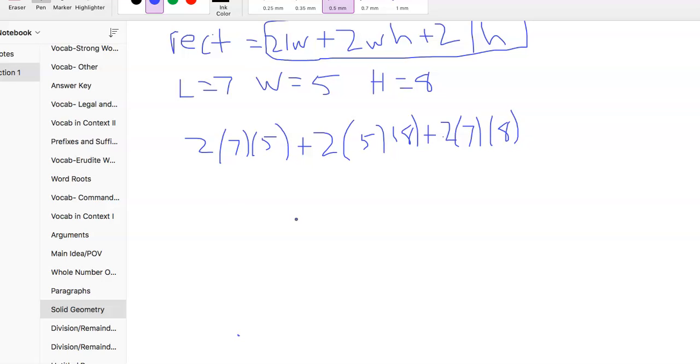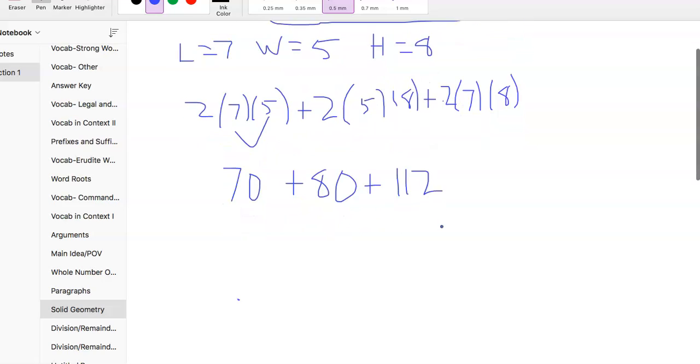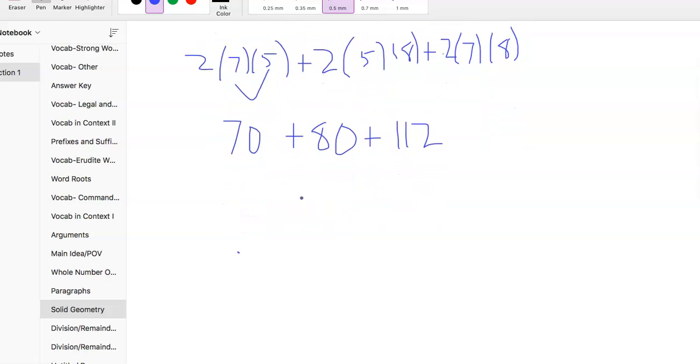Okay, right? So these 7 times 5 is 30. 35, sorry. 35 times 2 is 70. Okay, so we got 70 right there. The next one, 2 times 5 is 10. 10 times 8 is 80. Okay, there's our 80. And this last one, 7 times 8 is 56. And 56 times 2 is 112. If we add all of those together,